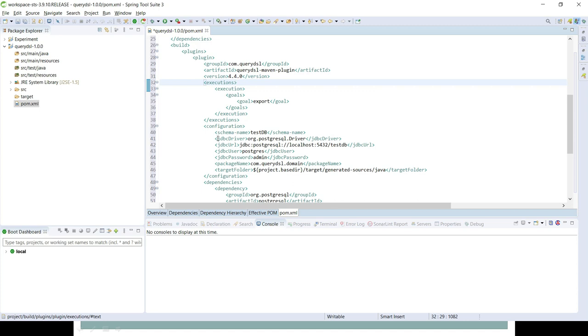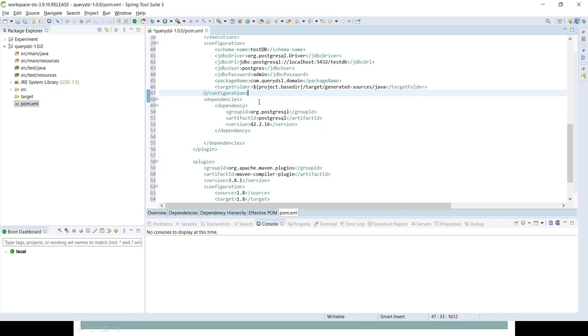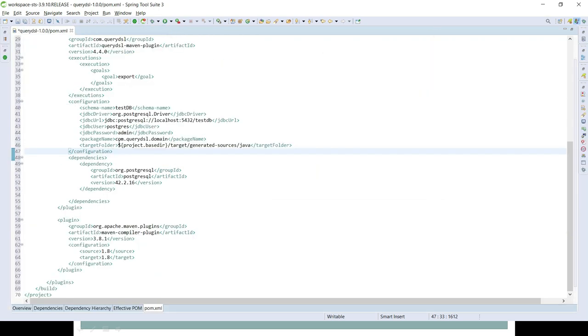Here we need to specify the driver name, JDBC URL, username, password, and where the classes get created, and then the target structure. Let's maximize this, and then I will explain the remaining stuff.